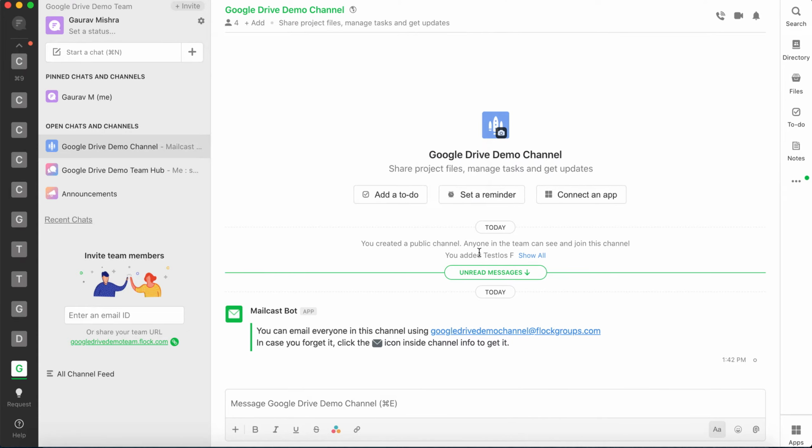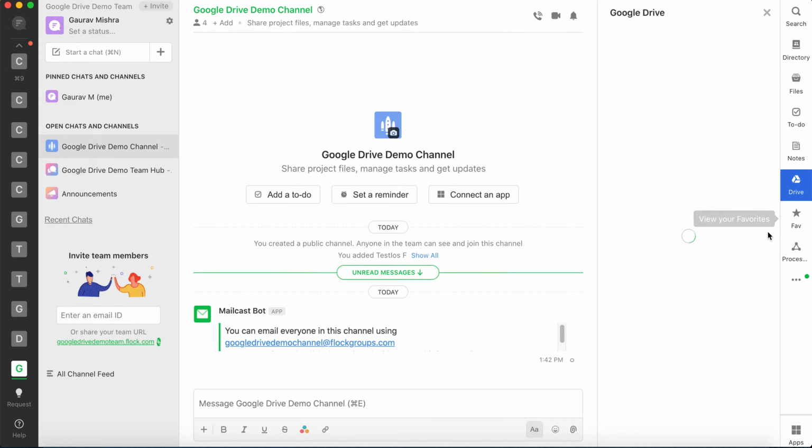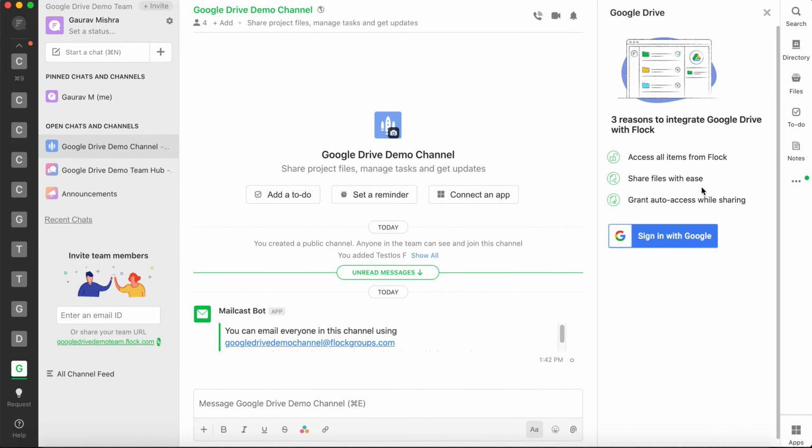So we can have integration of Google Drive. On the right panel we see a drive option. On clicking on that, we see that it will ask us to integrate a Google Drive account with Flock Messenger. Here we have used proper branding guidelines, as suggested in the previous communication email, by providing a sign in button with Google, which is complying with the Google guidelines. So clicking on this button